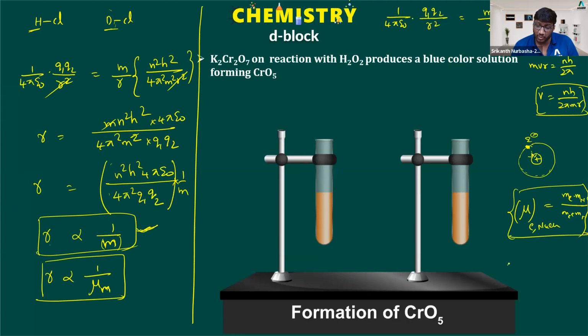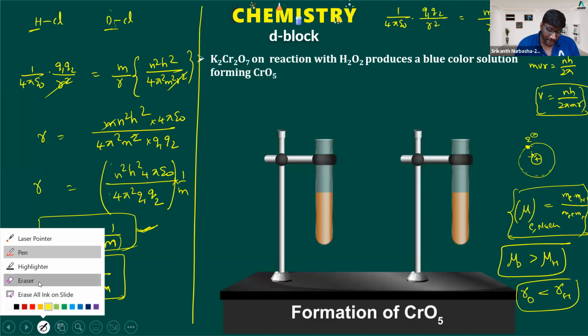So which has more reduced mass? The reduced mass of deuterium is greater when compared to hydrogen. If the reduced mass of deuterium is greater, what should be the radius? The radius of the orbit in which the electron is revolving in deuterium is less when compared to hydrogen. That means if you look at HCl and DCl,